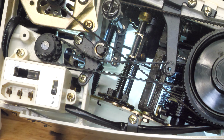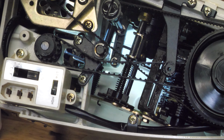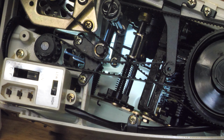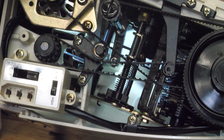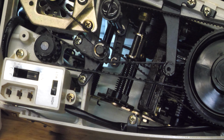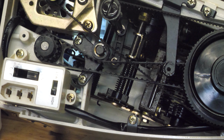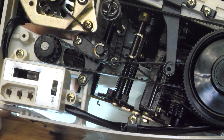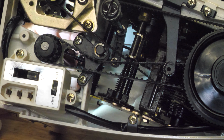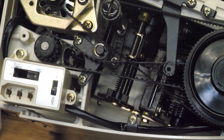All right, another issue with this machine is the length dial is not changing anything. So I'm turning the length dial, and this length that I'm moving by hand now is supposed to be